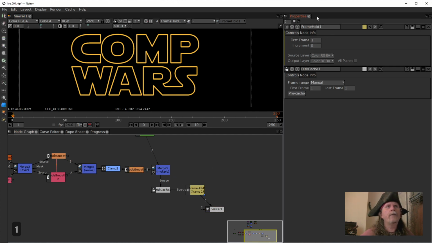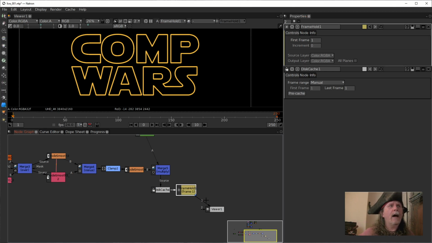What that says is I'm going to look at the first frame as frame 1, and then from there I'm going to increment at this interval, which is 0. I'm not going to ever do it again. So what we've done is on frame 1 we've created an image, and from that point on we're just going to use that image from the disk cache, and everything before this will never have to be recalculated again. We have it all done. Which means that now all we have to do is transform the result